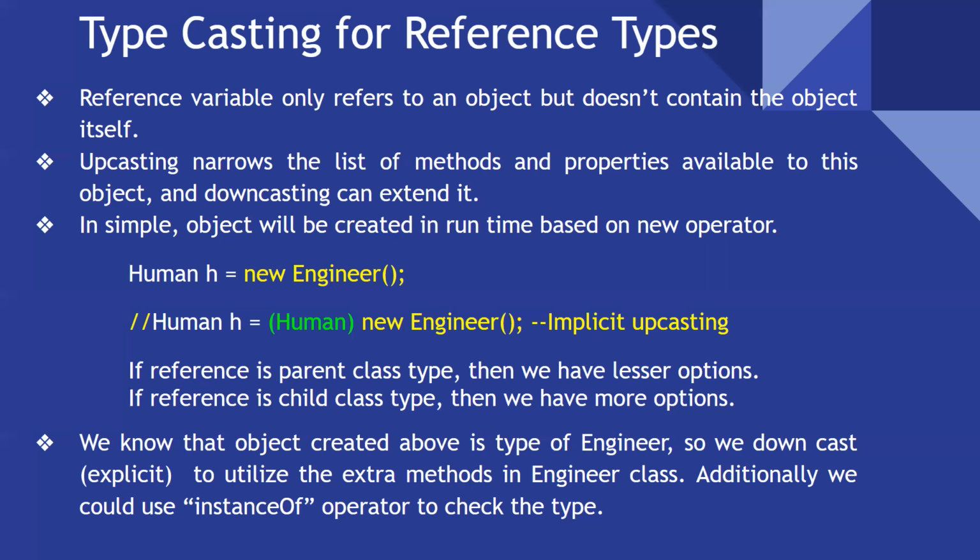But how do we know whether the given object is of that type? At runtime, if you are getting an object from some other class or method and you want to downcast it, before downcasting you need to confirm whether it is an engineer class object or not. That's the reason we use the instanceof operator to check the type or class. Once you confirm that the class is the predefined class, in our case engineer, you can proceed with the downcasting. Then you can use all the methods present in the engineer class specifically. So this is all the theory on typecasting. We will do the same thing in the practical.